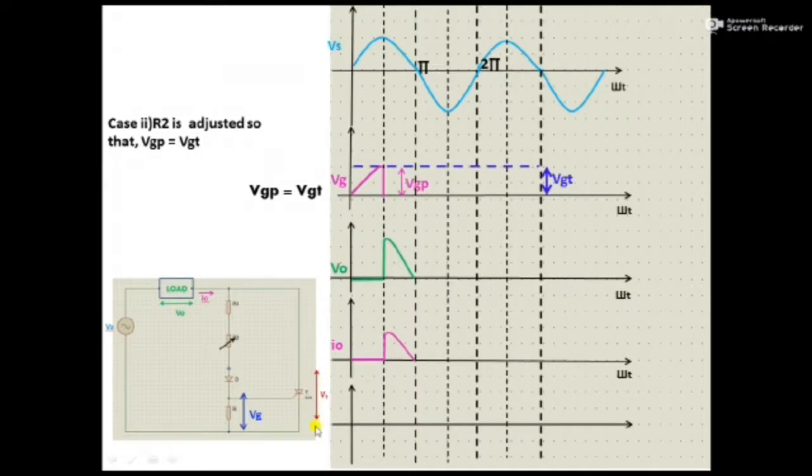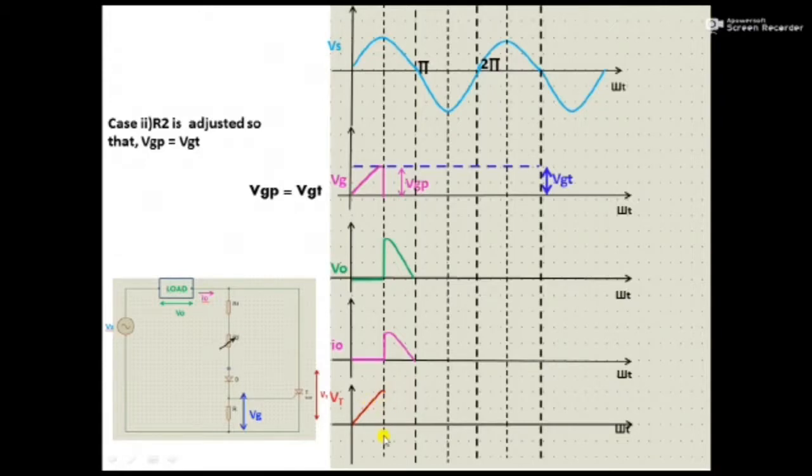Now this is on. At this instant, at 90 degrees, the thyristor comes to the on state. Before that, it was off. So before the thyristor turns on, when it was in the off state, the same voltage that was applied through the supply source will appear across the thyristor. So this is your Vt with respect to omega t, and because it was not turned on, that same voltage will come here.